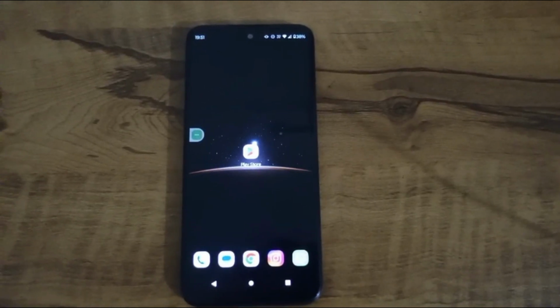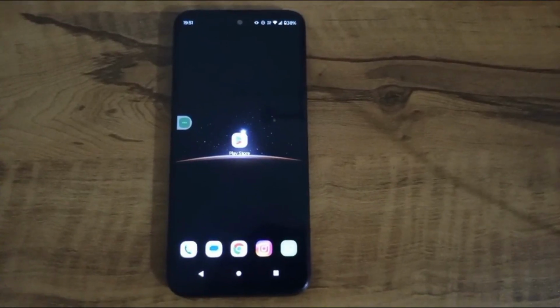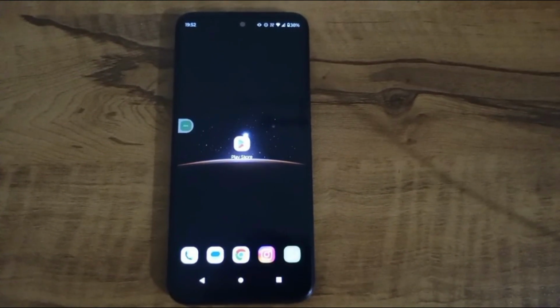In today's video, I'm going to show you how to install Grammarly on mobile in just a few easy steps. If you want to improve your spelling, grammar, and writing on the go, this guide will help you get set